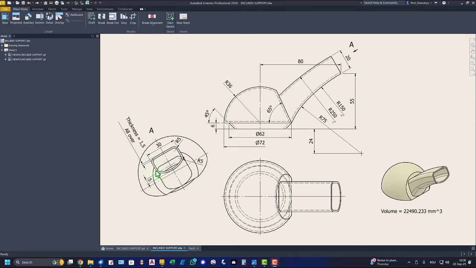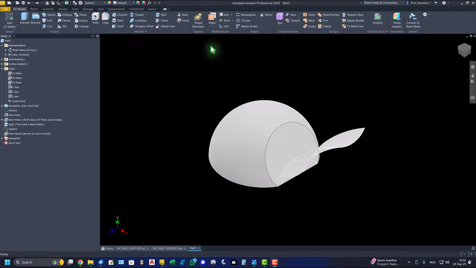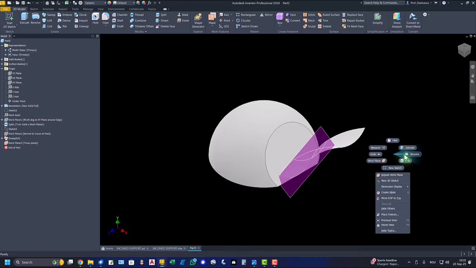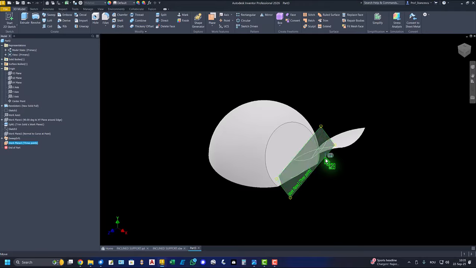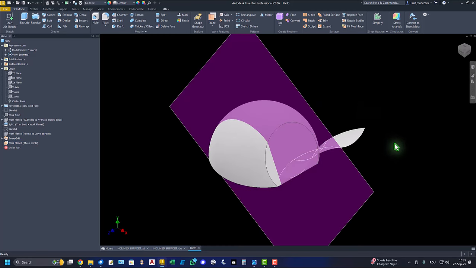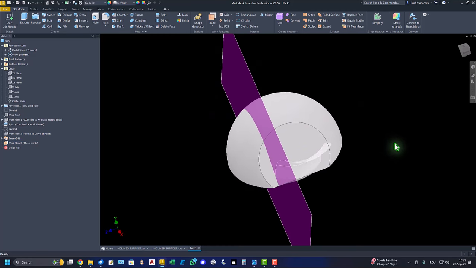This is the face. Let's do this. We create a plane based on 1, 2, 3 points. Then we apply auto resize to this plane to see better